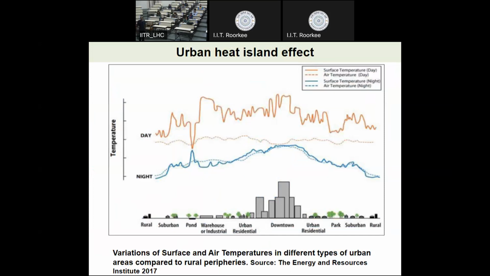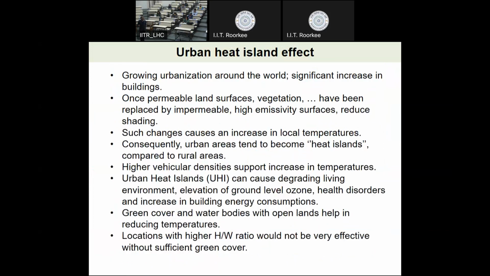Okay. अब इसकी broad detail में देखें। अर्बन हीट आइलैंड क्या होता है, जो सरफेस पहले permeable था और वहाँ vegetation था, that is replaced by impermeable areas, high visibility surface and reduced shading. जो trees हैं, they provide us shading. They also provide moisture through evapotranspiration. But if the trees are removed, then there is no shading, less moisture, and less infiltration of water. And water, when it evaporates, it cools. इसको कहते हैं evaporative cooling.